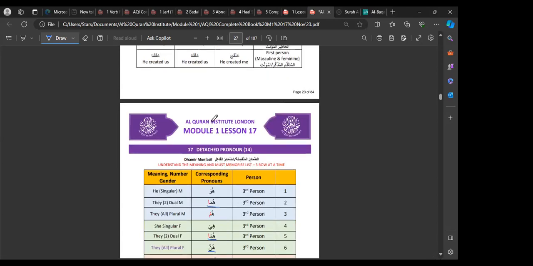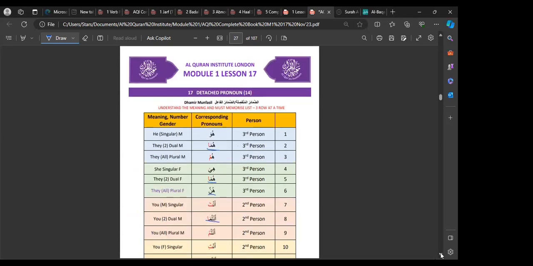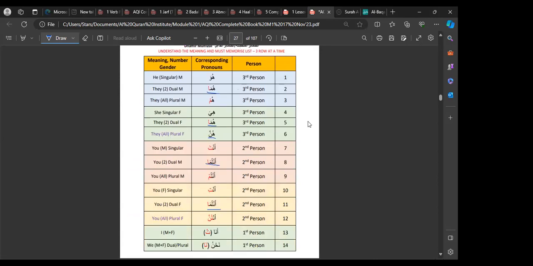Ustaz Sadiq, before we move on, is there anything else on lesson 17? I think it would be useful to see how many are comfortable with this, because this is really important. Should we do a few more students? Yeah, or you can just see a raise of hands, those that don't know it or that do know it, just to get a gauge.